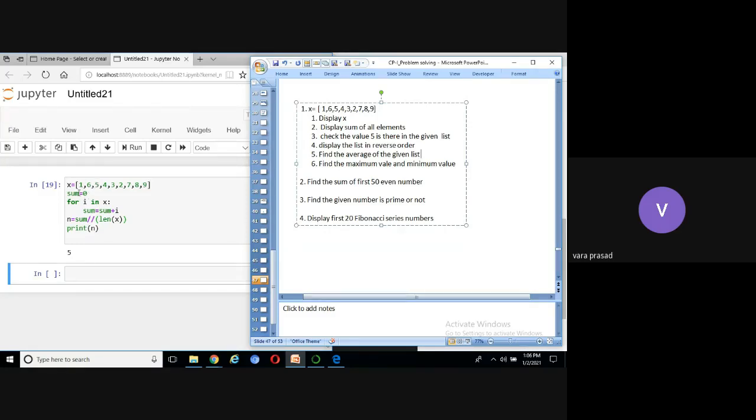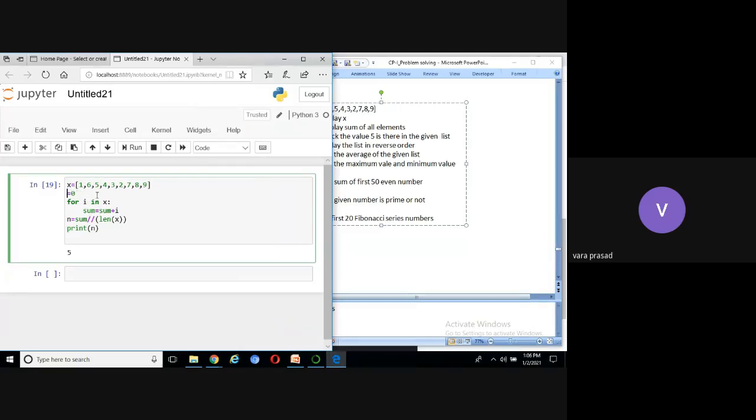I'm going to take a variable. The initial value of max equals the first element. How to get the first element? X of 0. Then what do we have to do? Can we use for loop or range function? We can start with index 1 or with index 0, no problem.